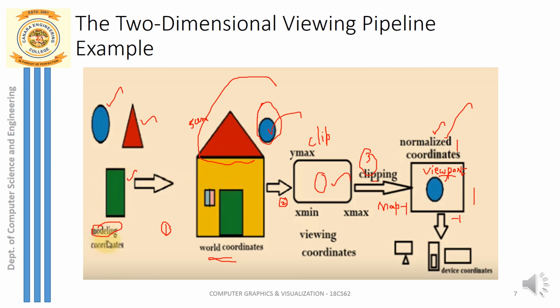That means you have made your graphics device independent. What is the meaning of device independent? You can now display this graphics on your computer screen, or on your mobile screen, or on the tablet. So now you have made your 2D graphics or 3D graphics device independent. That is why normalized coordinates is important. These are the different transformation steps that you have to carry out to finally display the graphics on the display window, or finally on a specific device. We will see the steps now.